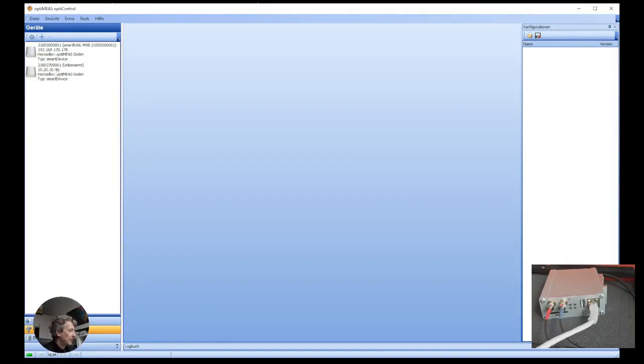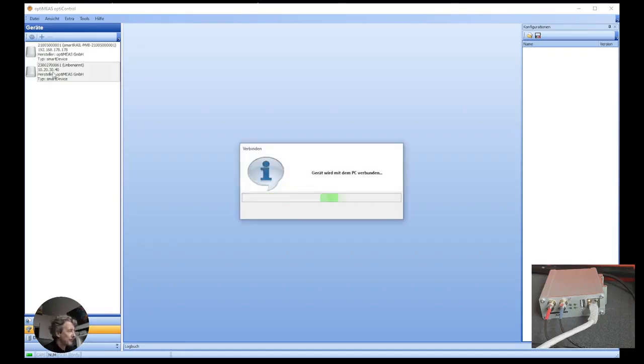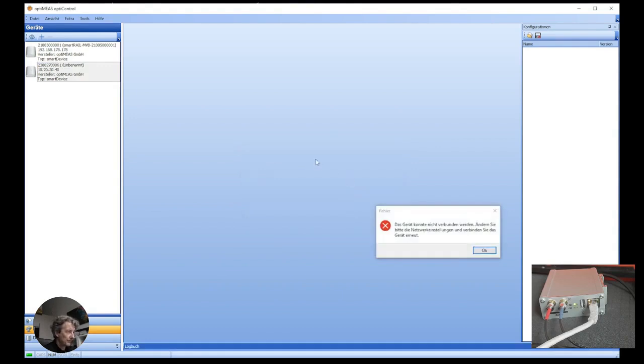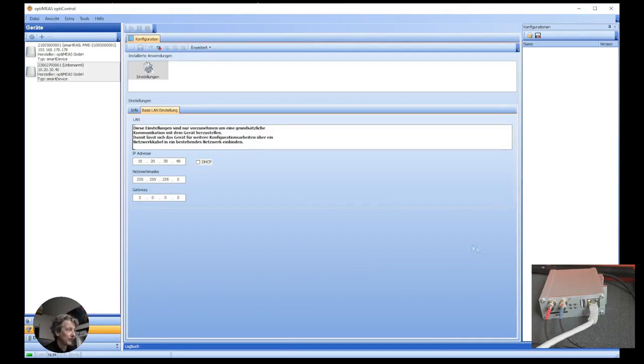This time, however, there's a device with the name unknown, and the IP address is 10.20.30.40. This is the factory setting of the IP address of a smartMINI. And even though the device is no longer in the same logical subnet, we can still connect to it. The interface gives us a hint that the device is not in the same subnet as the PC is, but we have the option to open a configuration interface directly